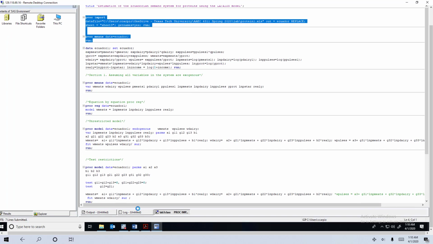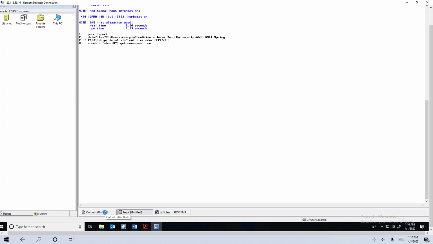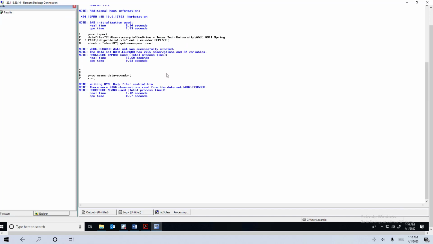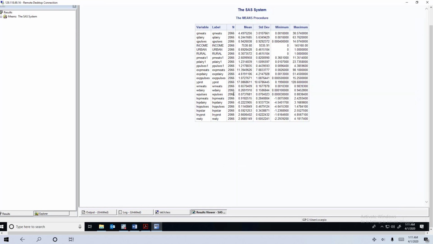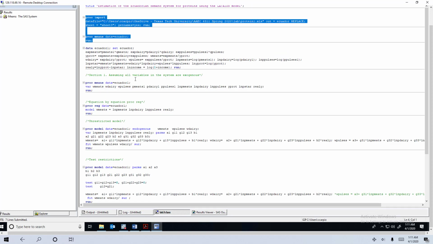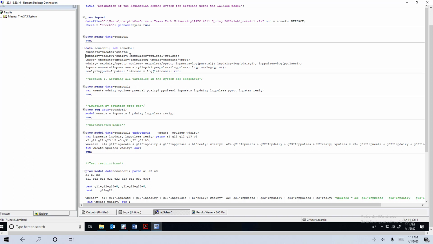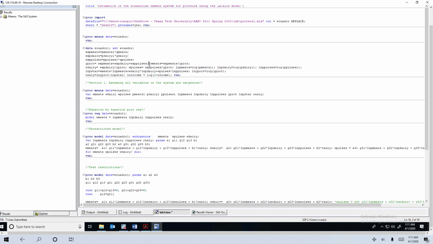Okay, so it's taking some time since I guess it imported it. It has 2000 observations and 22 variables. I also calculated the means. So I have all the data, but just for us to practice what I did here, and some things change,